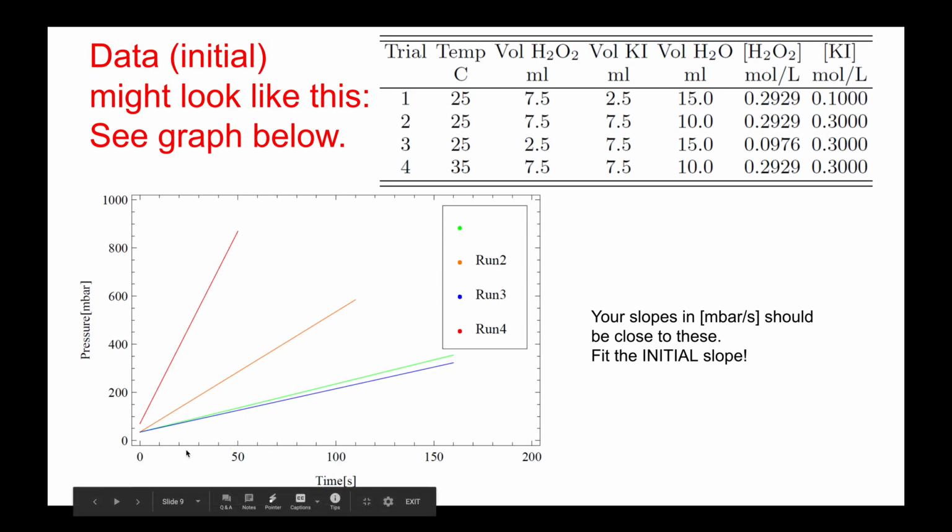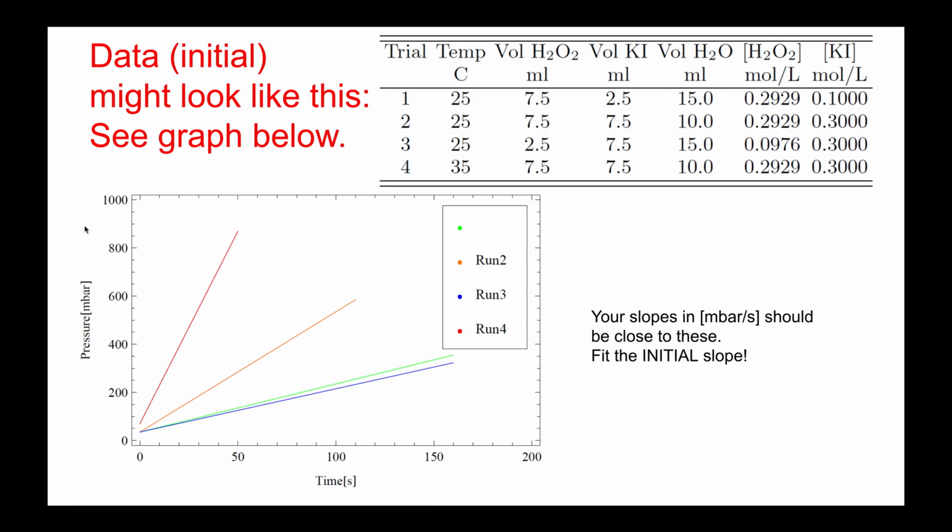Okay, so you're going to measure the pressure increase as a function of time. So again, you have your solution, you inject your KI. You had a blue pressure gauge which would read off the pressure in millibar. That pressure would slowly increase, as you would measure it every 5 seconds, let's say. 0, 5, 10, 15, so forth and so on. Then you would write down the pressure. Then you would make a graph, time, seconds on the x-axis, pressure millibar on the y-axis, okay? And then you would